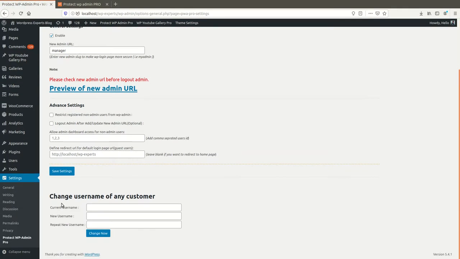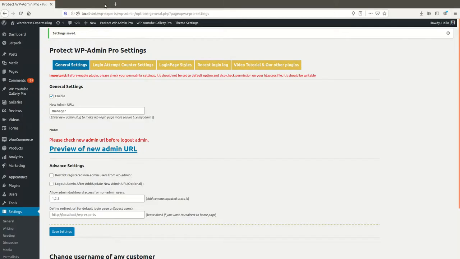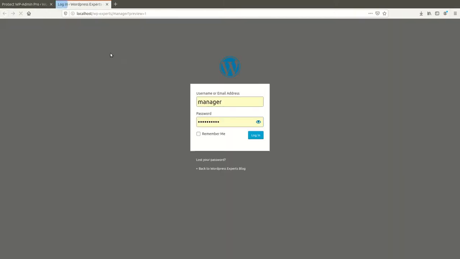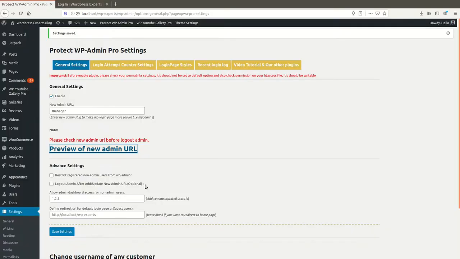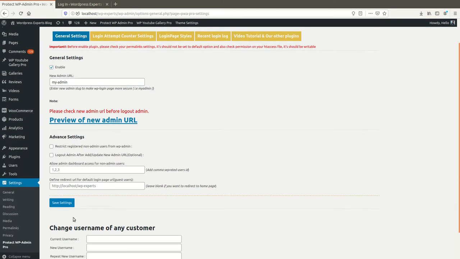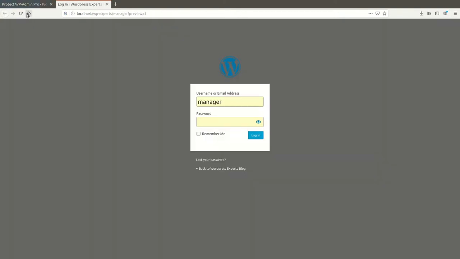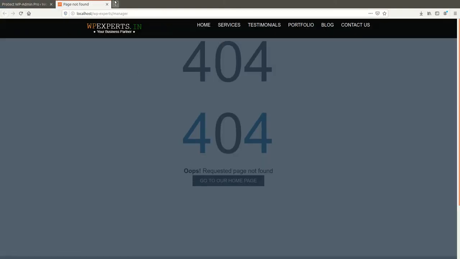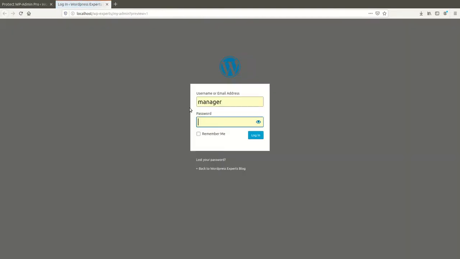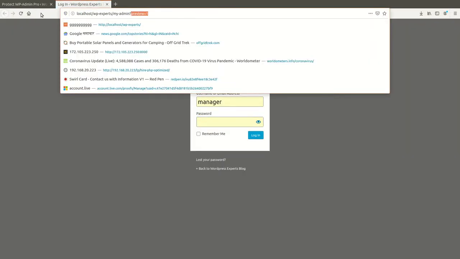Here, let me click on admin, and you will be able to see our custom admin. If you want to change your username from admin to something like my admin, you can just update the setting, and the old preview URL will not work because we have changed it.